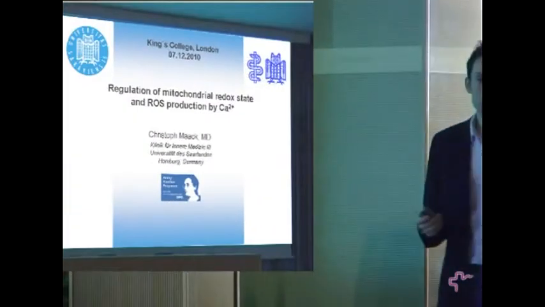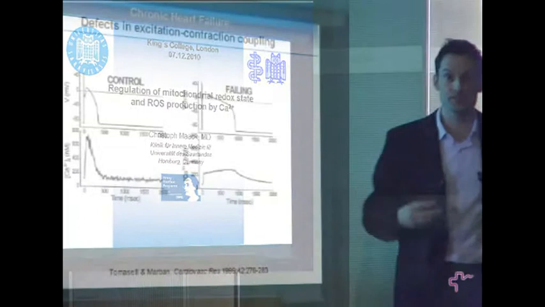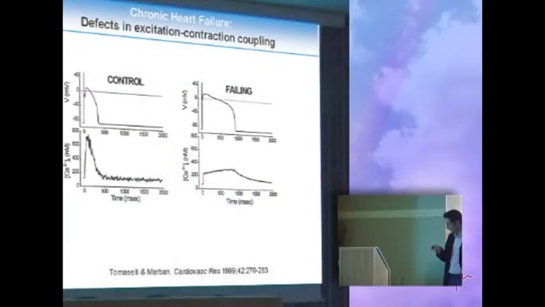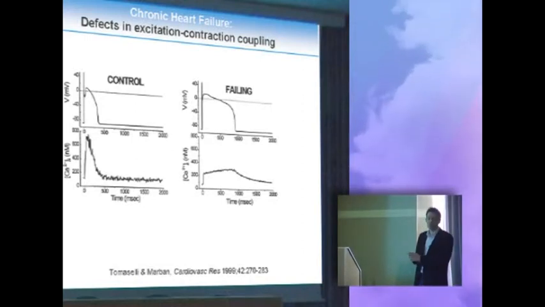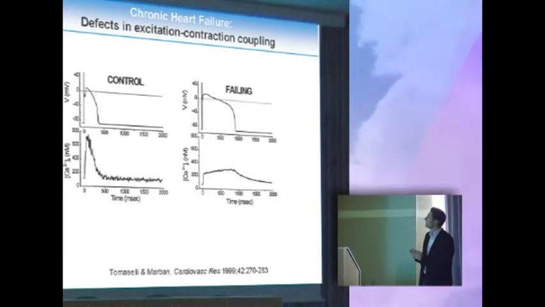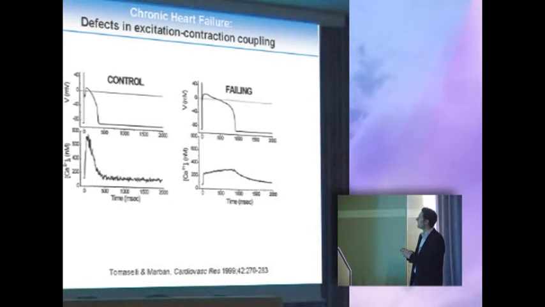I'd like to discuss with you today the interplay between excitation-contraction coupling and mitochondrial energetics. You may all know that one main deficit in the failing heart is defects in EC coupling. And let me see how this works. Okay. One important factor of this is that in heart failure, the amplitude of the cytosolic calcium transient